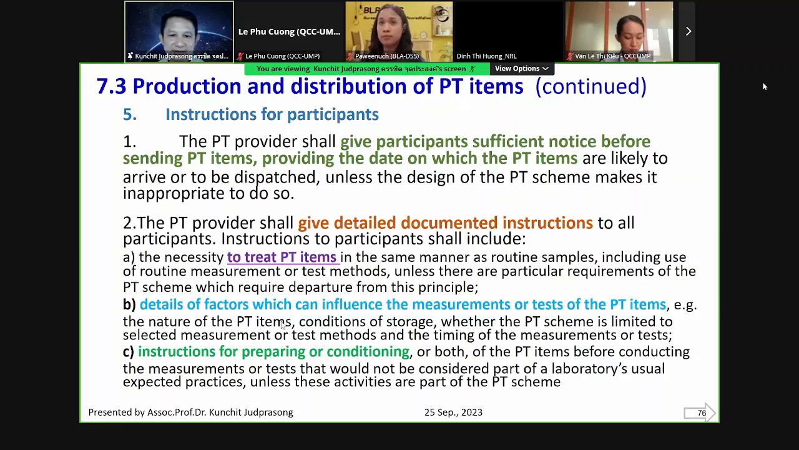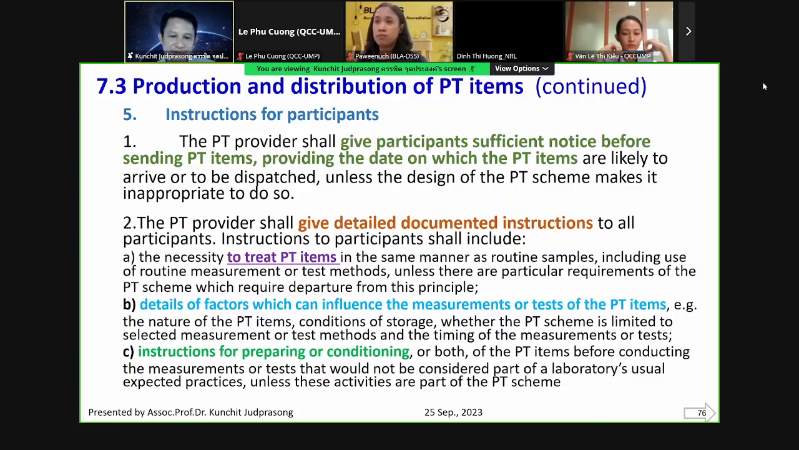Detail of the factors that can influence the measurements or the test of the PT item. So if you have some factor involved in the PT, for example, the nature of the item, the condition of storage, or the scheme that limits the selected measurement, etc. The instruction for preparing and conditioning of the PT item before conducting the measurement or test that would not be considered part of the usual expected. For example, in this case,